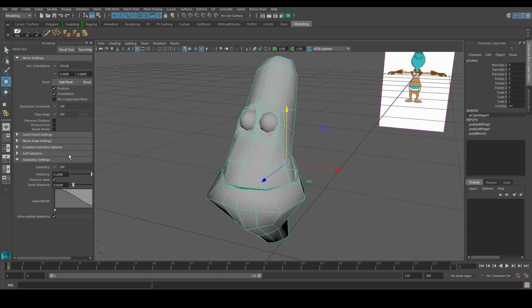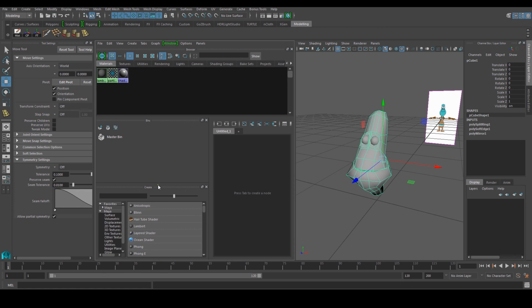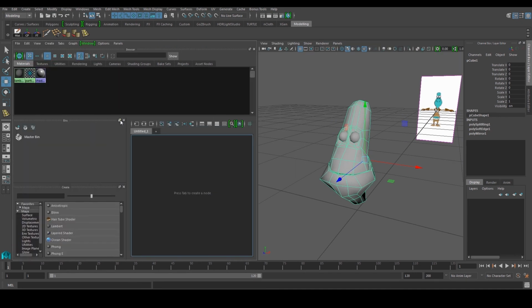Alright, so next thing is I'm going to talk a bit about your Hypershade and how you can start to assign some colors over here to give you a visual representation of how it's going to look. Again, we're not actually doing the texturing yet for this project. We'll do it later on. So you can go over here. Again, in 2015 or other versions of Maya, it might look different. So basically, I'm going to my Hypershade, and you can start to see all these very funny things over here. Okay, let's just close the move tool for now.